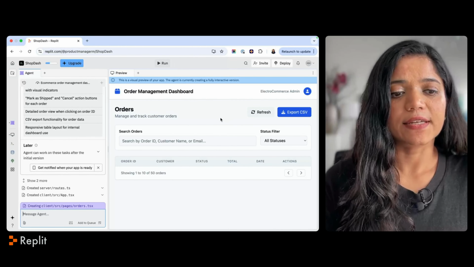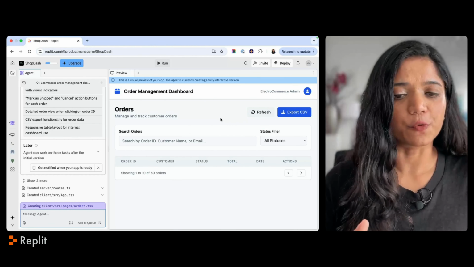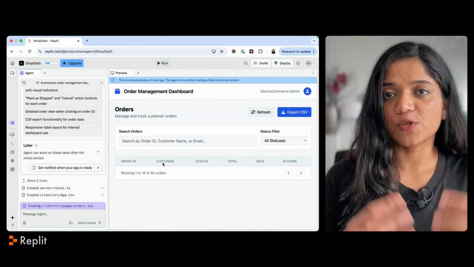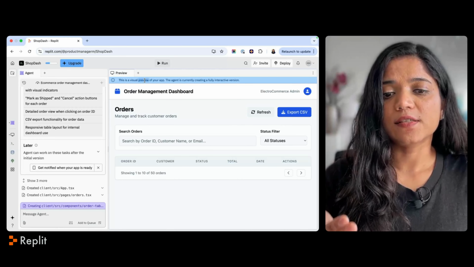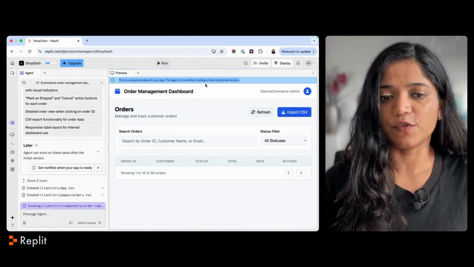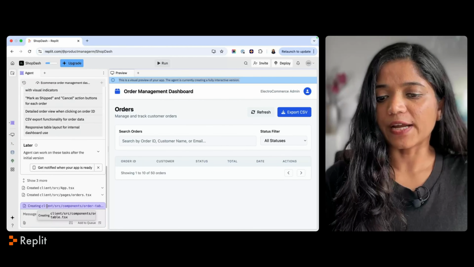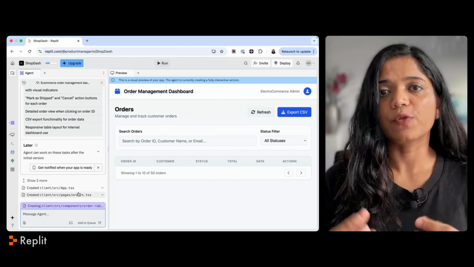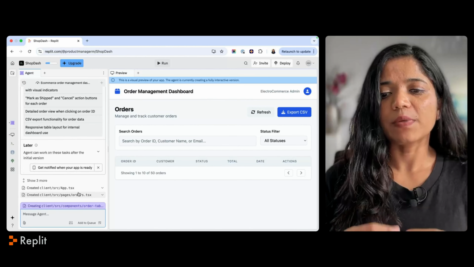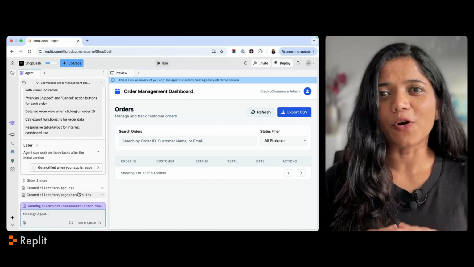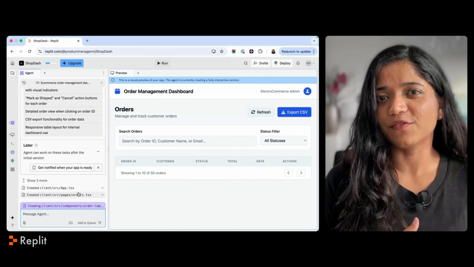Now on the right hand side, it has created some visual preview, and the preview looks good. It is considering all the items that I have mentioned in my initial prompt. It is saying that this is a visual preview of your app, and the agent is currently creating a fully interactive version. So I have to wait for that to happen. Also, these apps take a lot of time nowadays to give you the output, and I've seen Replit taking the most amount of time. I think that's because it tries to do a lot of other things which I may not need in the first version.